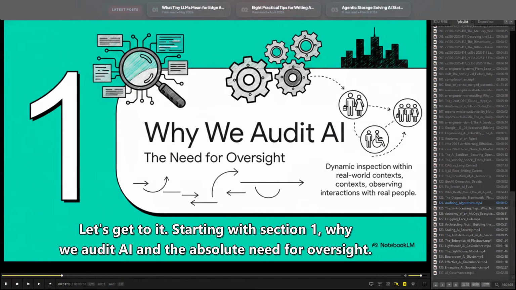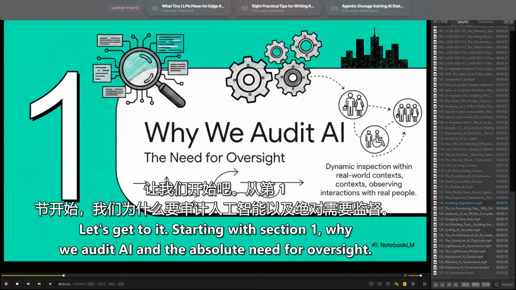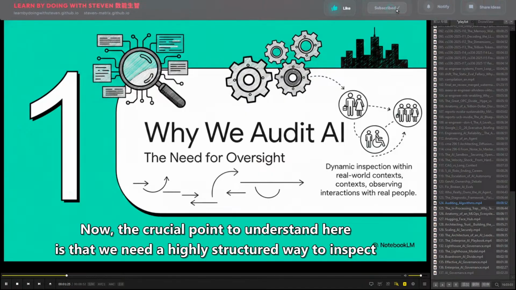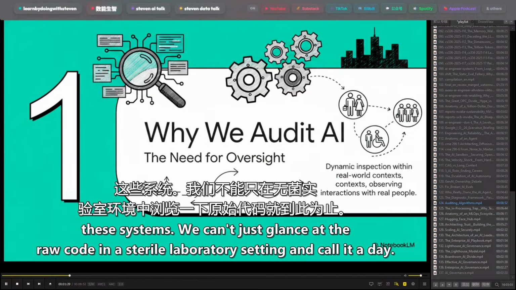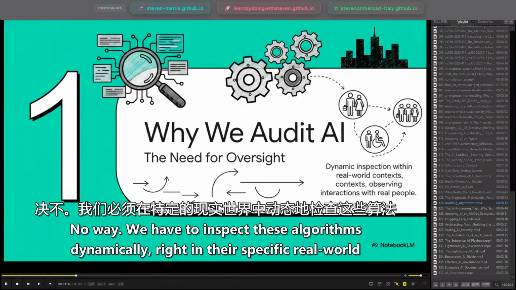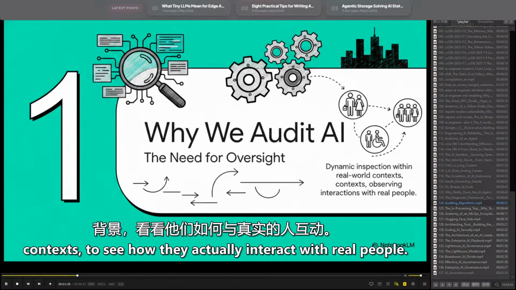Starting with Section 1, why we audit AI and the absolute need for oversight. Now, the crucial point to understand here is that we need a highly structured way to inspect these systems. We can't just glance at the raw code in a sterile laboratory setting and call it a day. No way. We have to inspect these algorithms dynamically, right in their specific real-world contexts, to see how they actually